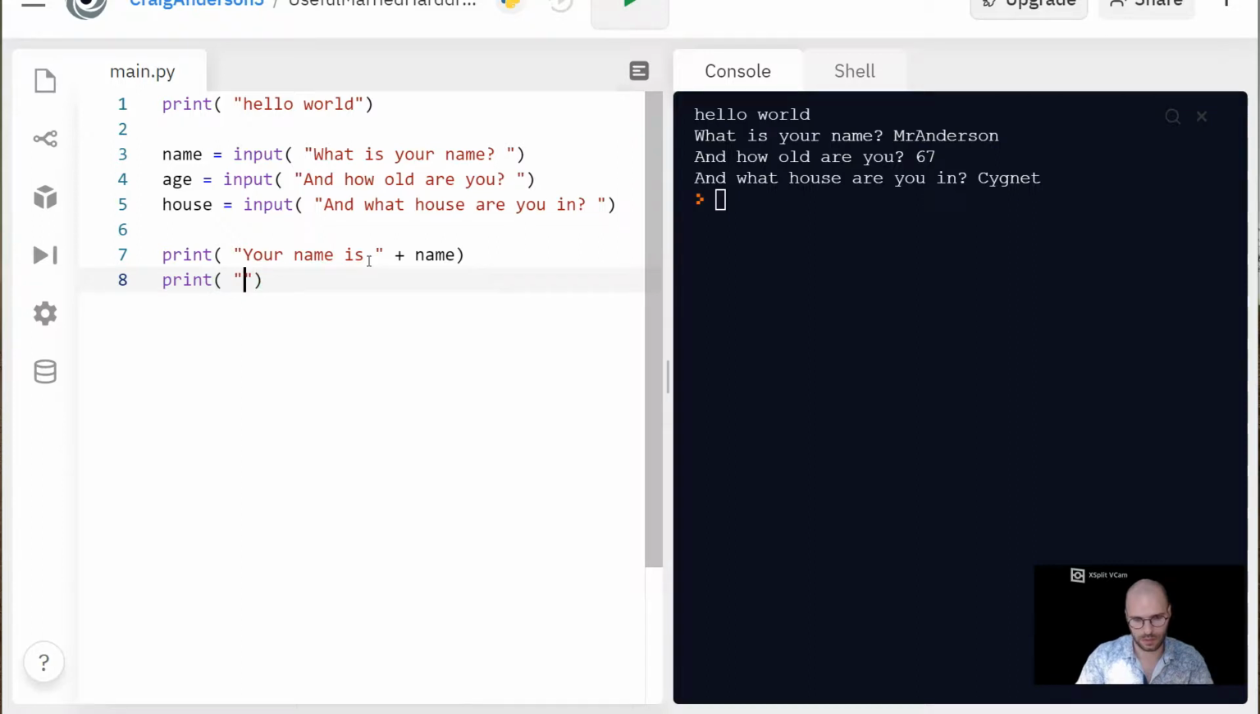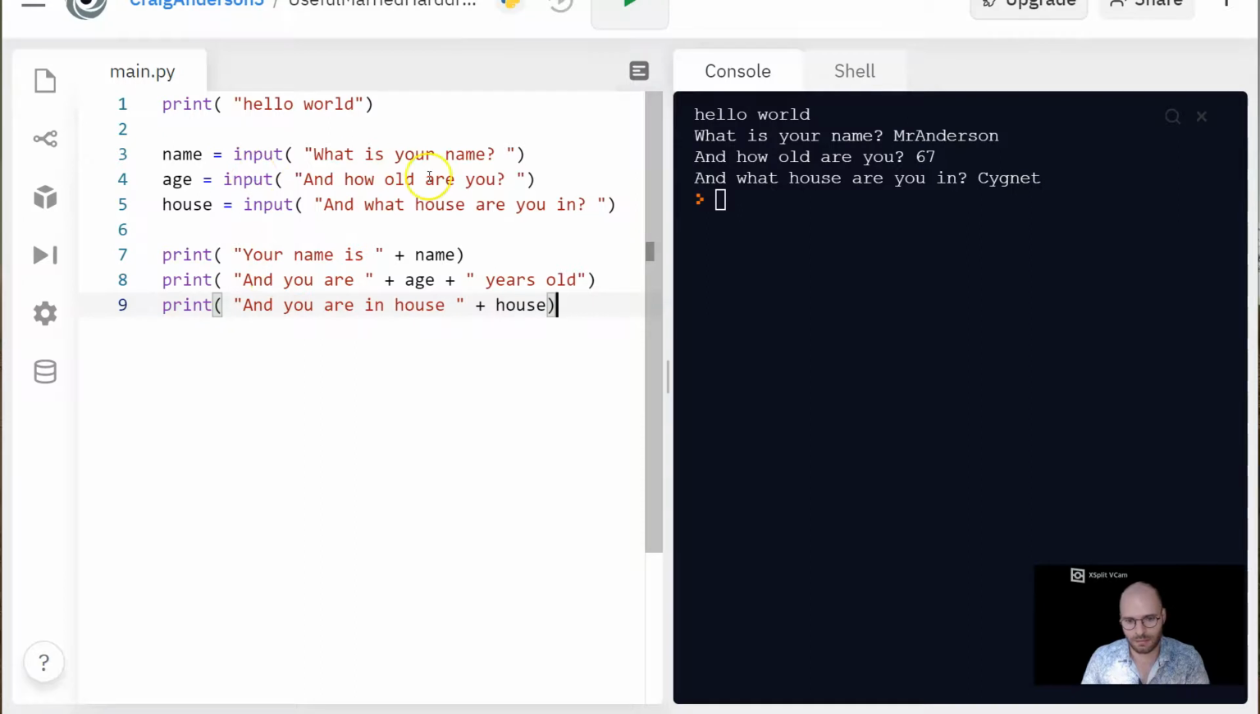then it will say, and you are plus age plus space years old. Then we're going to go print, and you are in house, like so. Now what's going to happen when we run this is it will collect the information, then it will